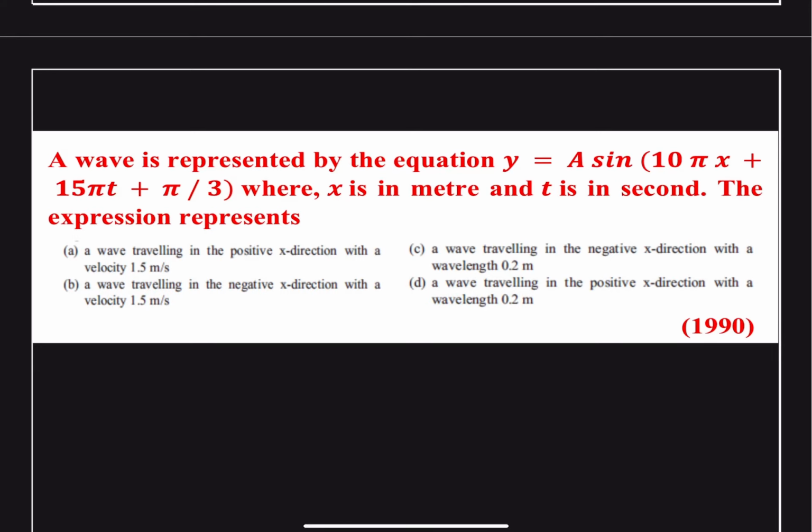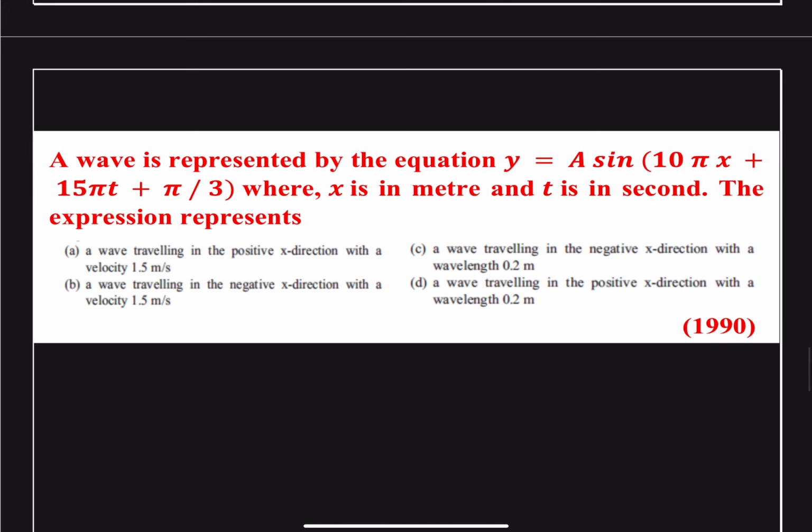Hello friends, today's question. A wave is represented by the equation y = A sin(10πx + 15πt + π/3), where x is in meters and t is in seconds. The expression represents a wave. So we have to find out what will be the wave velocity and in which direction it will be traveling,